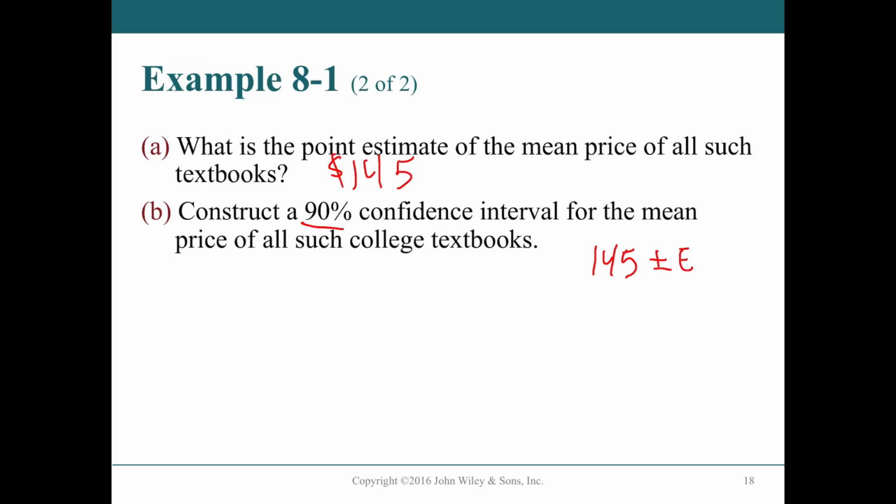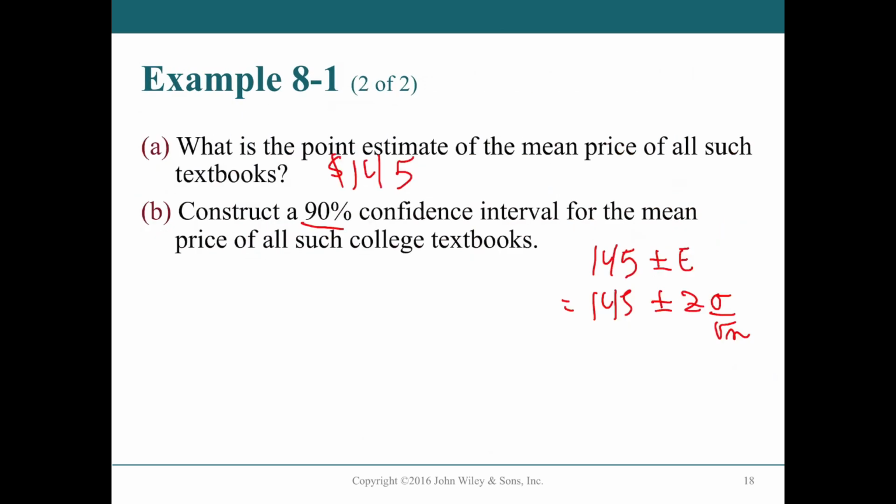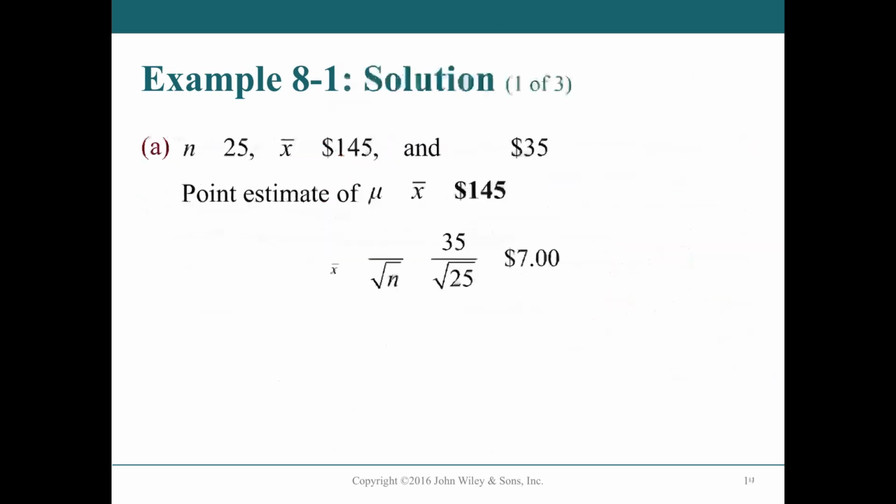Well, we know for sure that this is going to be 145 plus or minus a margin of error. And you may use the dollar sign if you wish. That's going to give us Z times sigma over square root of N. Sigma sub X bar if you prefer to use a calculator to input it that way. And yes, I'll put the 145 here. So we need to look up the Z. It's probably best to memorize them, but that was the whole idea of the page of notes, is to be able to have these at your fingertips. And back here we see that 90% gives us plus and minus 1.65.